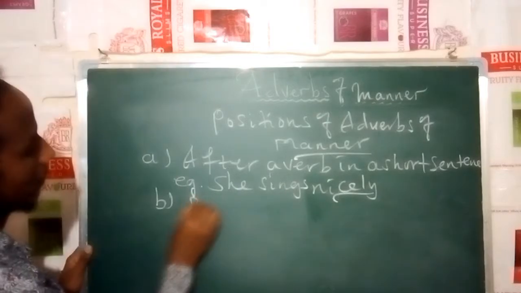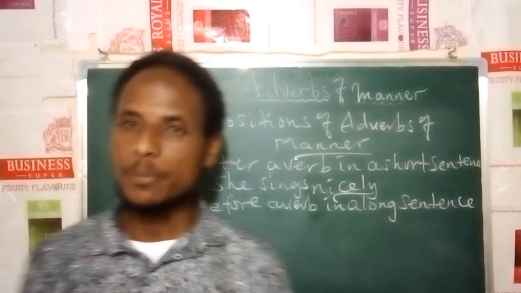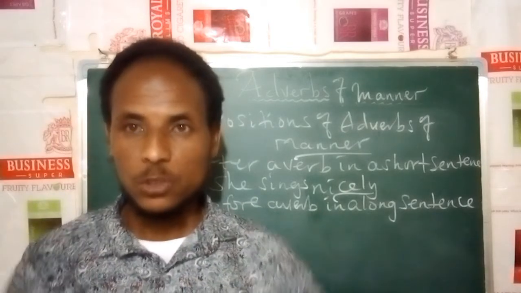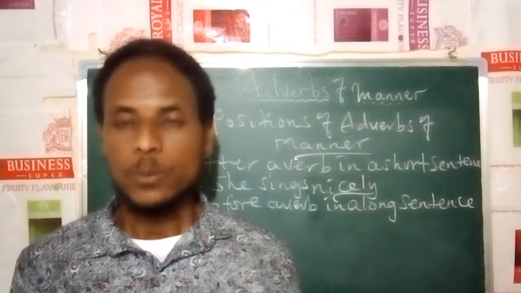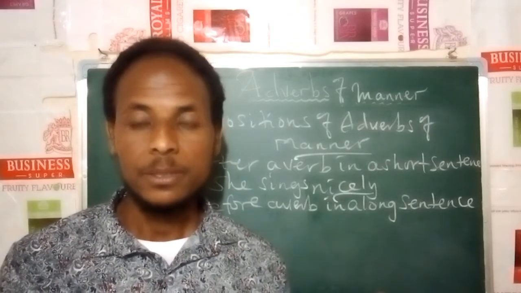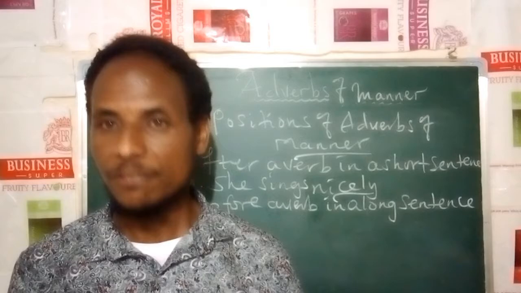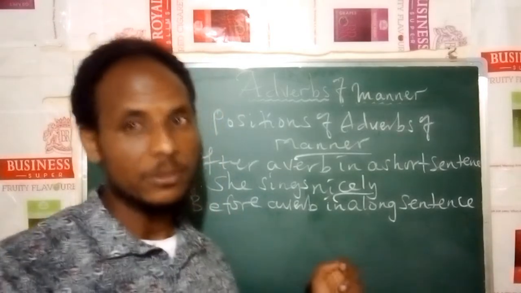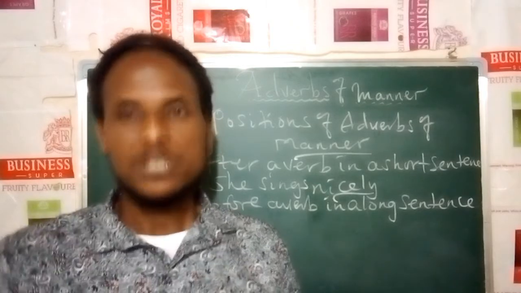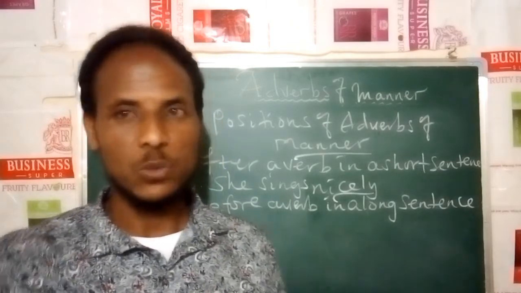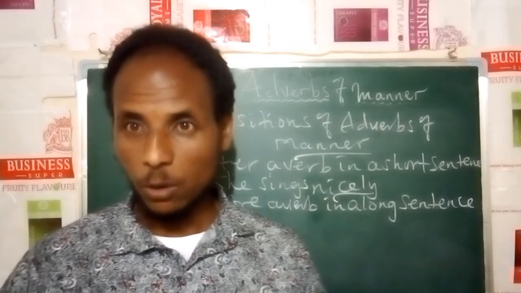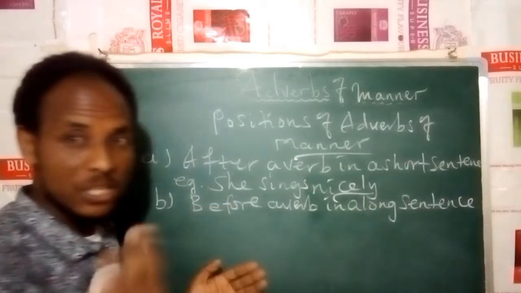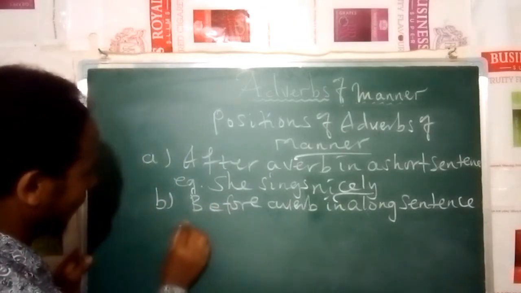Adverbs of manner can also be placed before a verb in a long sentence. If and only if the sentence is too long to read, we're going to place the adverb of manner before the verb. But it is often used for an emphatic statement. For an emphatic statement, we place adverbs of manner before the verb to describe the emphatic situation or the emphatic idea or statement. In this sentence, we're going to learn about an emphatic situation or emphatic sentence. An example.